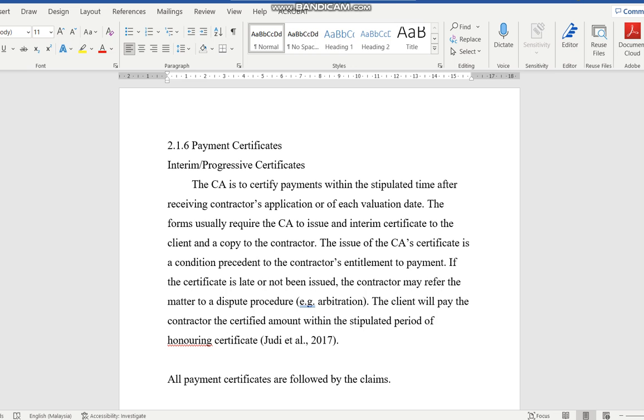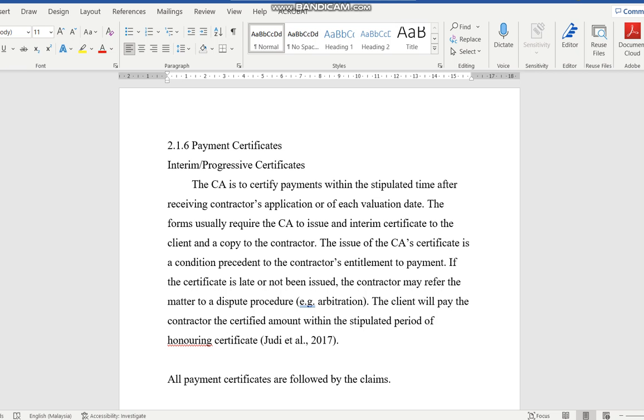So what happens now is the contractor will put a sum of money, fixed in the bank, under his name. The amount is the same as 5% or 10% of the contract sum that he's embarking on with the client. That amount is locked in the bank, and then the bank will issue what we call a banker's guarantee. The banker's guarantee will be given to the client. The client will keep that piece of paper. If they need to activate it under certain conditions, they can go and take the money and use it to